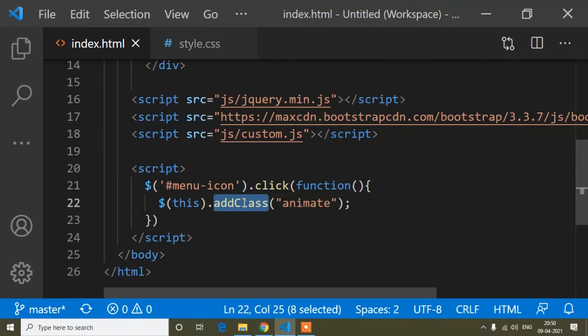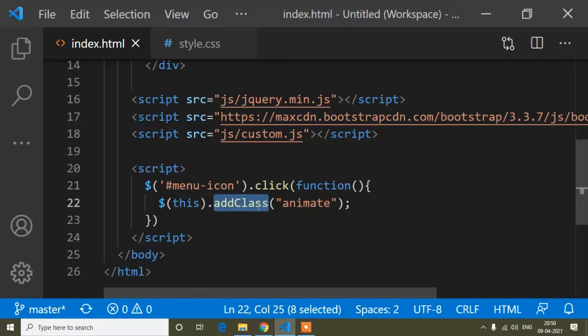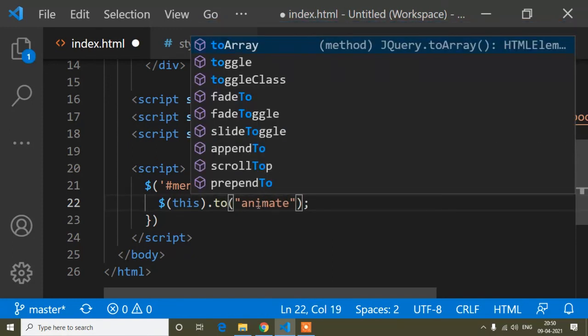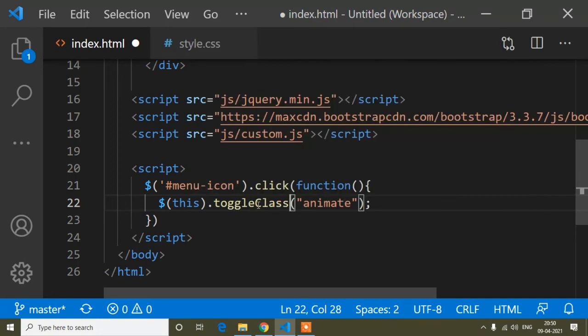Okay. So here I have done a wrong addClass. That means it's just adding a class when I'm clicking, but when I click again it's not removing the class. So for adding or removing, there is another method in jQuery, that is toggleClass. So I can use toggleClass, and now save. Now you can see